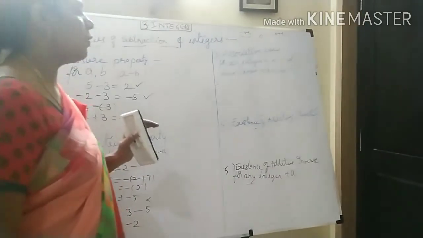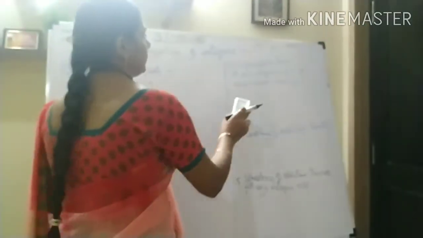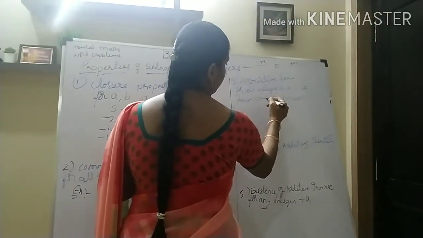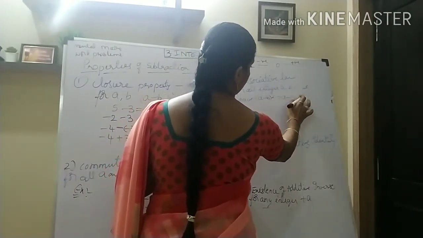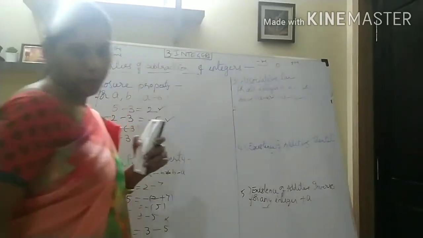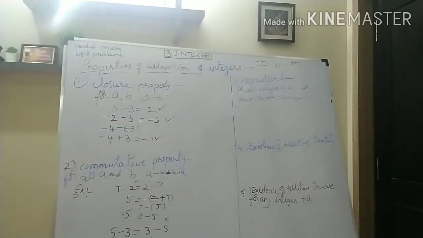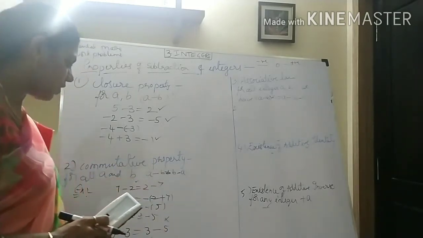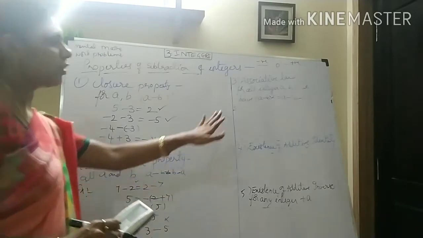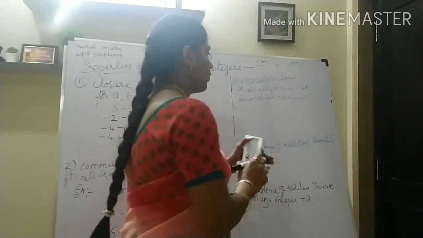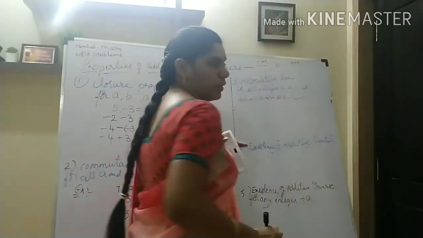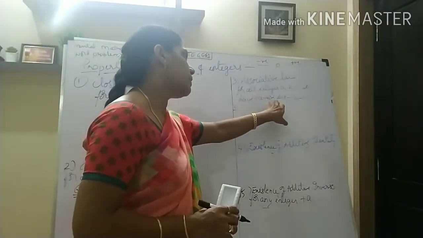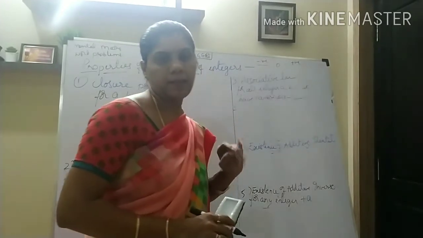Now see associative law for all integers. We are talking about subtraction. So a minus b minus c. If you observe here, a minus b equal to b minus a is not possible with two numbers, which means with three numbers also not possible. So this is also not equal. If you want to check this one, check this in your free time. a minus (b minus c) is not equal to (a minus b) minus c.